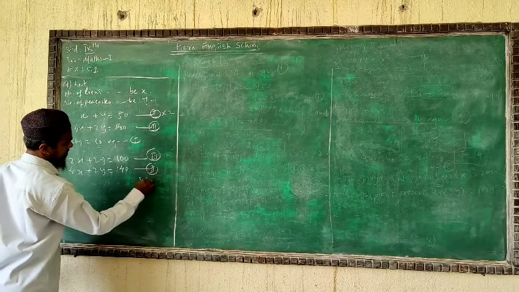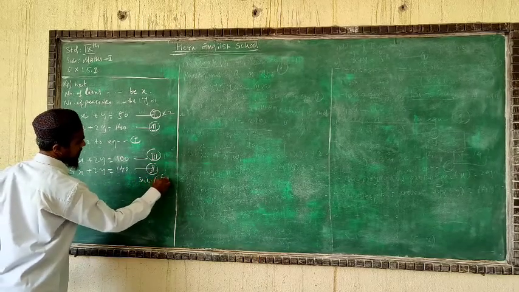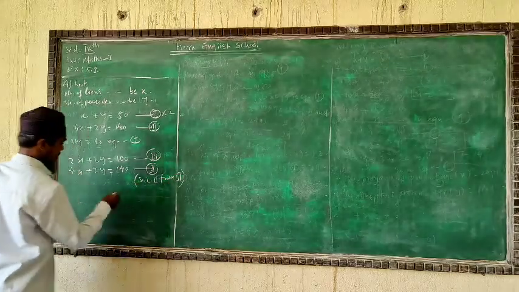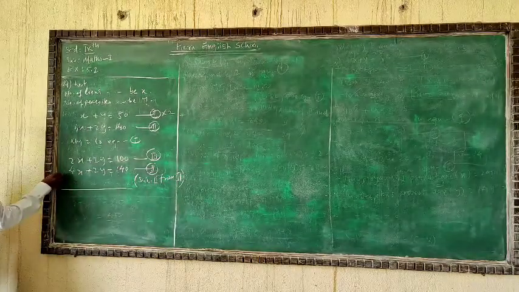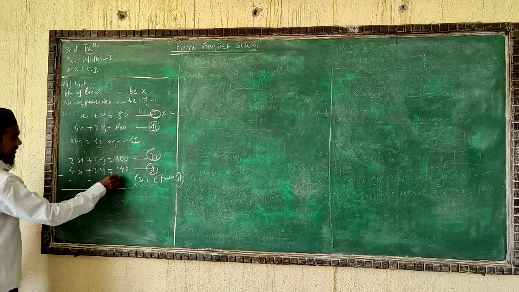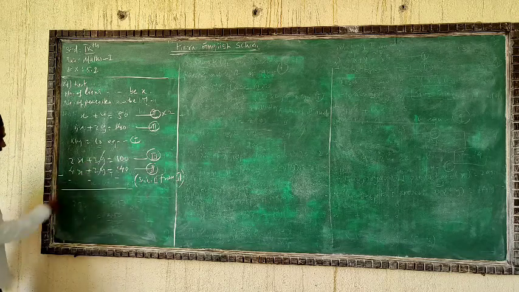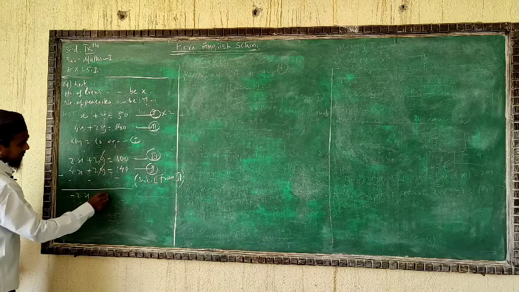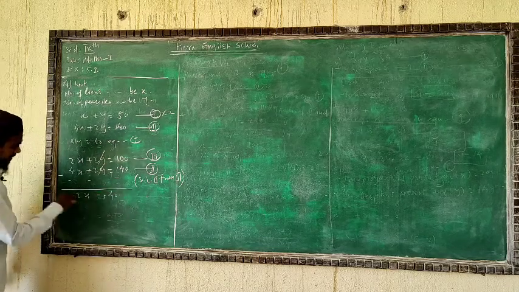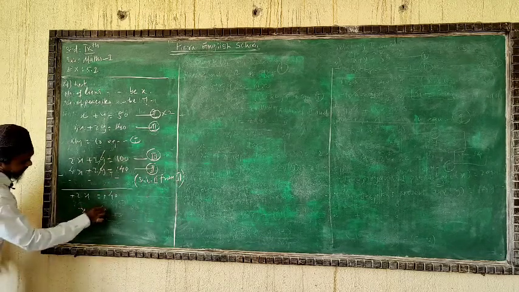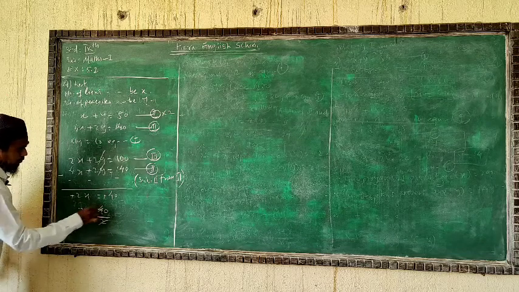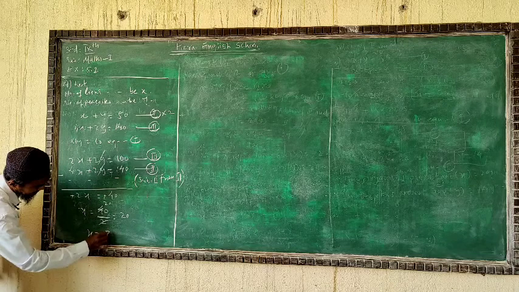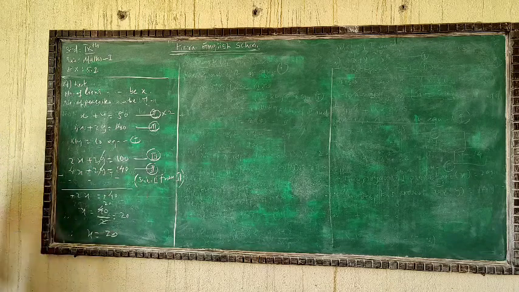the third one. See very well, plus minus minus, plus minus minus. 2y will be cancelled. 2 minus 4 you will get minus 2x, 100 minus 140 you will get minus 40, minus minus cancel, x equal to 40 divided by 2, so x equal to 20. We got the value of x.